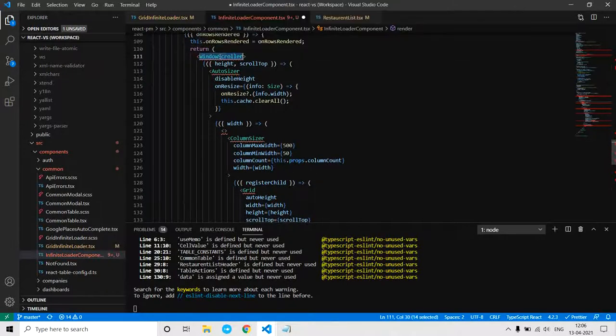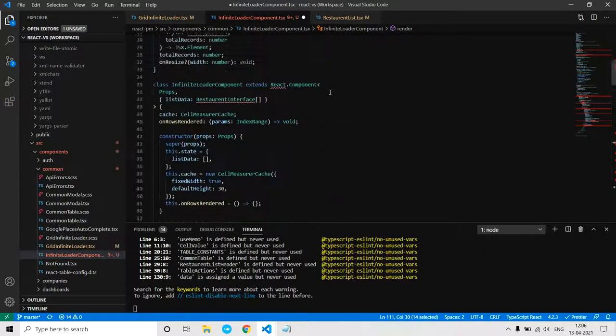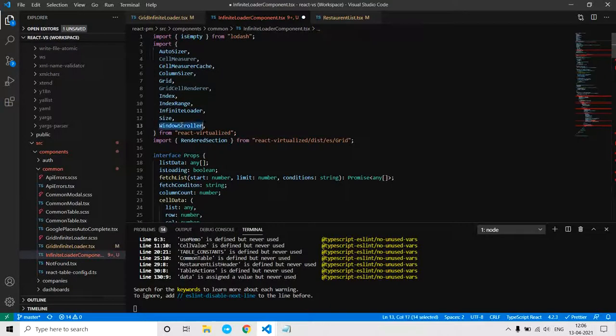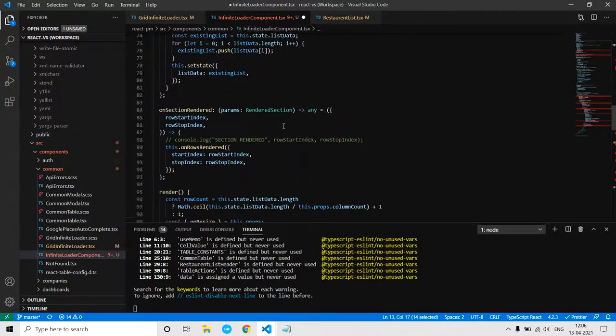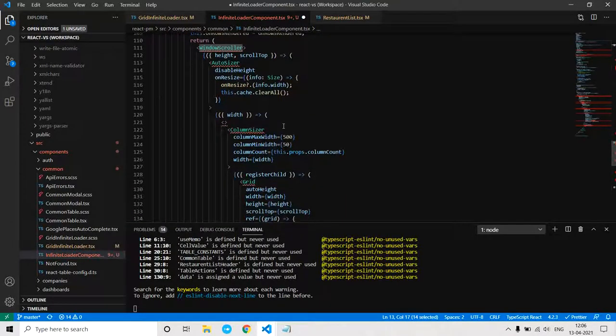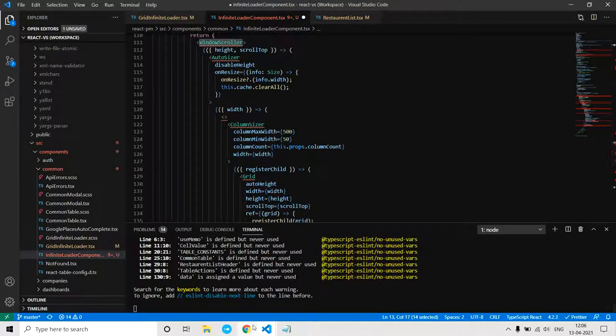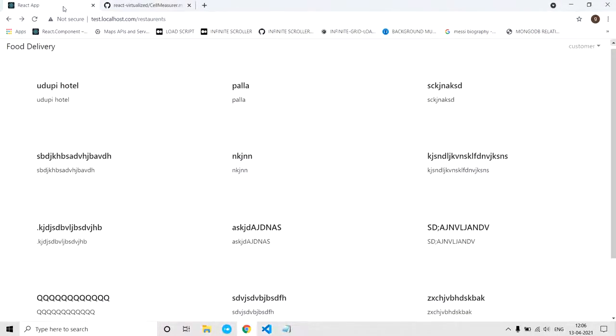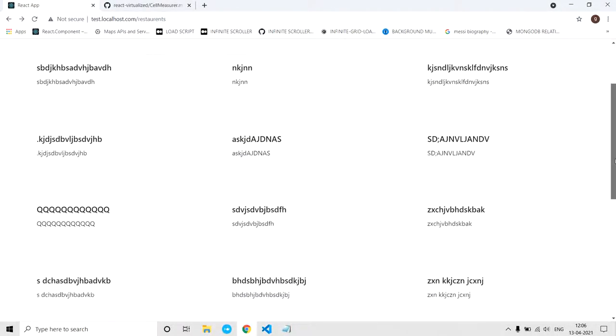Next we have this Windows scroller component, again from the React virtualized. As you see, I'm just importing this Windows scroller from the React virtualized, and it adds a scroller to our page. You see it at the right side.